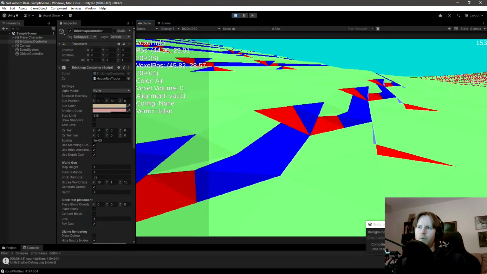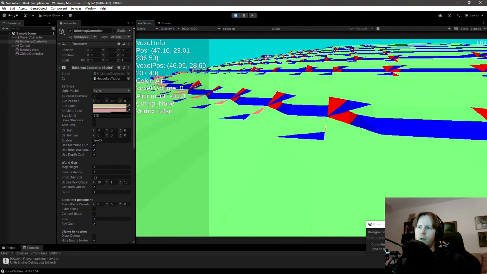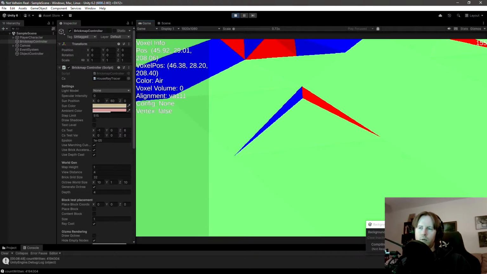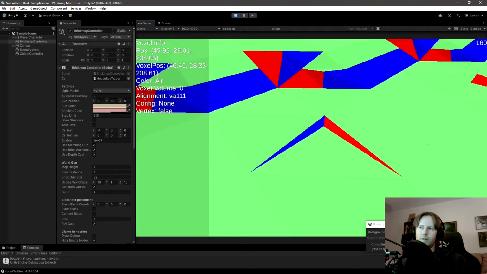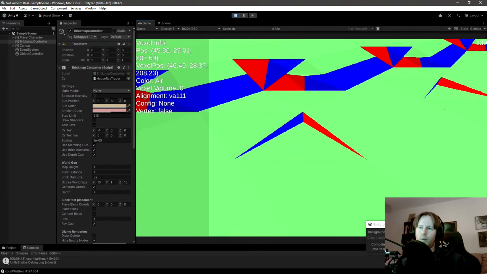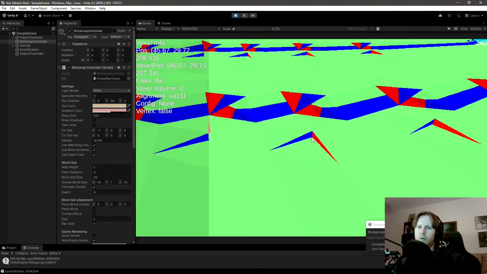The corners are the problem. These corners here are unsolvable. You have to hack it. This is a hack solution, I think, no matter what. Because if you look here,